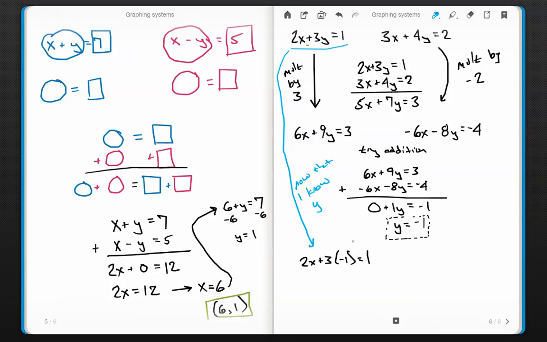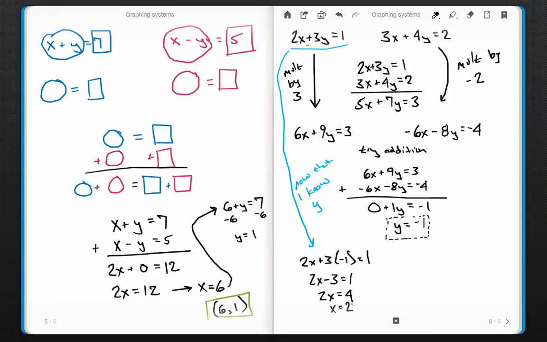And that becomes back in black. 2x... 3 times negative 1 is negative 3, so it's minus 3 equals 1. So 2x equals... what am I doing here? I kind of went too fast here because I'm trying to finish up. 2x, I'm going to add 3 to both sides, so that cancels out this, and then this becomes a 4. So I know x equals